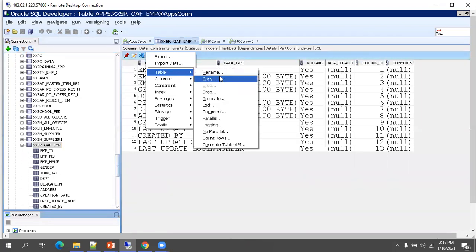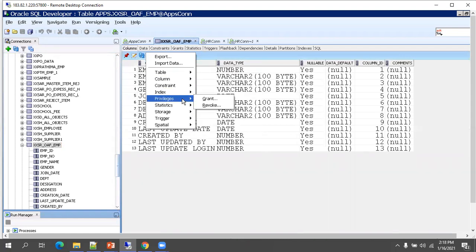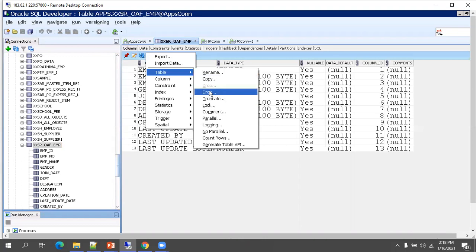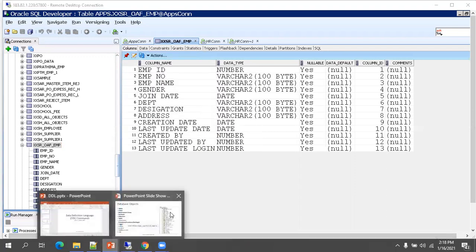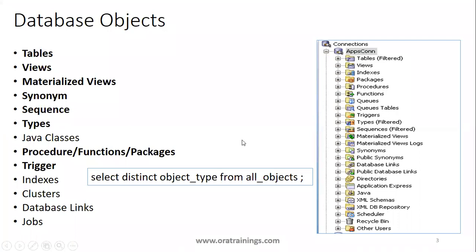For a table, you can do options like rename, copy, drop, truncate, and so on. You can see the privileges, grant and revoke. Most of the time when you deal with a table, you are either dropping a table or altering a table. There is also other information, like the metadata properties. So you can explore the different database object types.